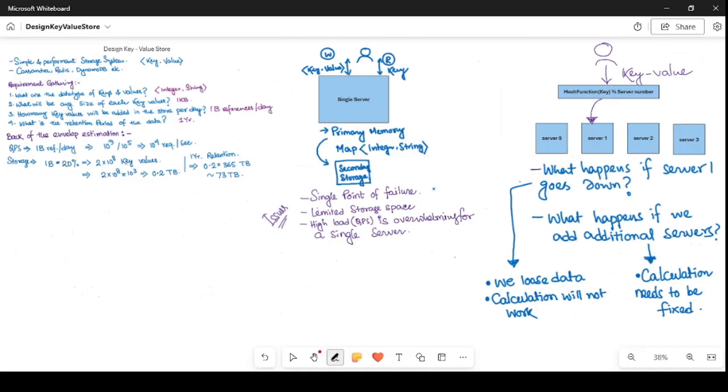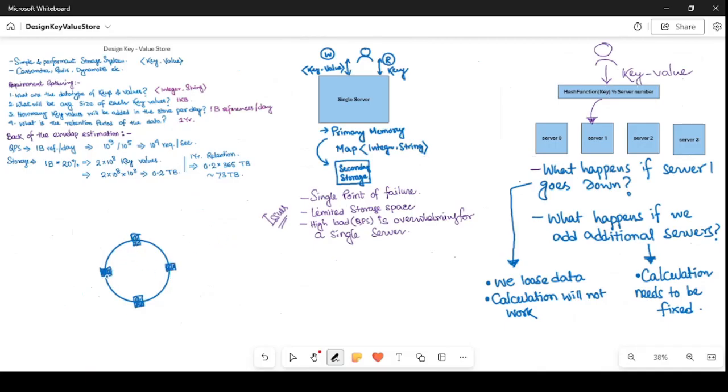We have seen the exact same problem while designing consistent hashing. Consistent hashing is a standard way to solve this problem. If you are not aware of consistent hashing, I have a video in the same playlist, you can refer to the same. Hence, in the refined design, we want to use consistent hashing where there will be an imaginary ring and